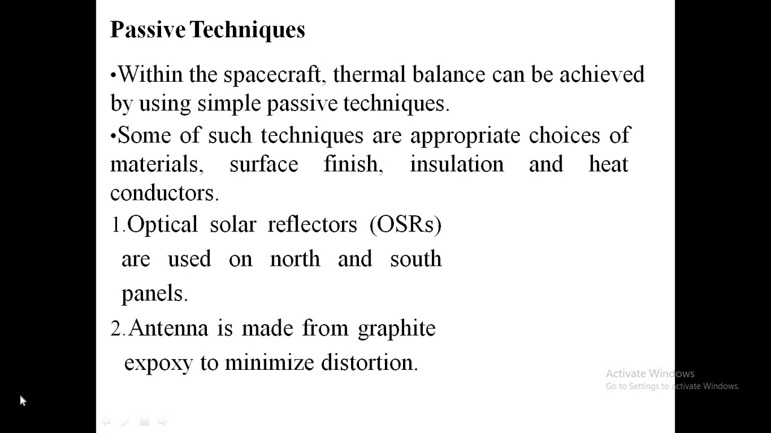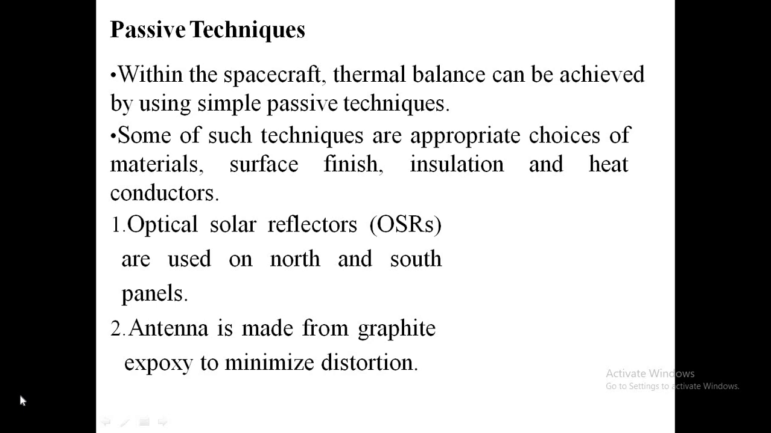Passive techniques. Within the spacecraft, thermal balance can be achieved by using simple passive techniques. Some of such techniques are appropriate choices of materials, surface finish, insulation, as well as heat conductors. Optical solar reflectors are used on the north as well as south panels, and the antenna is made from graphite epoxy